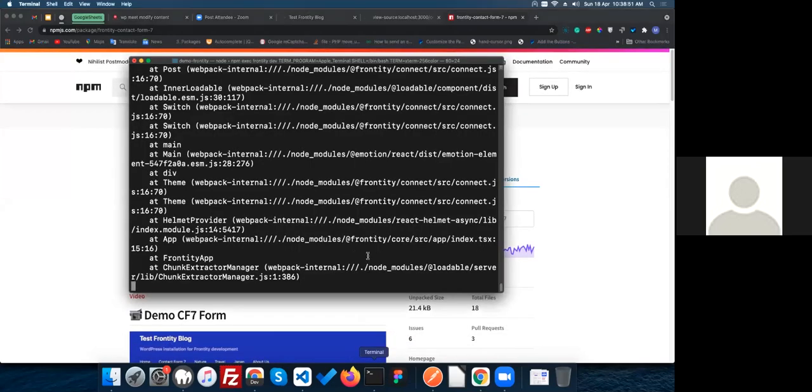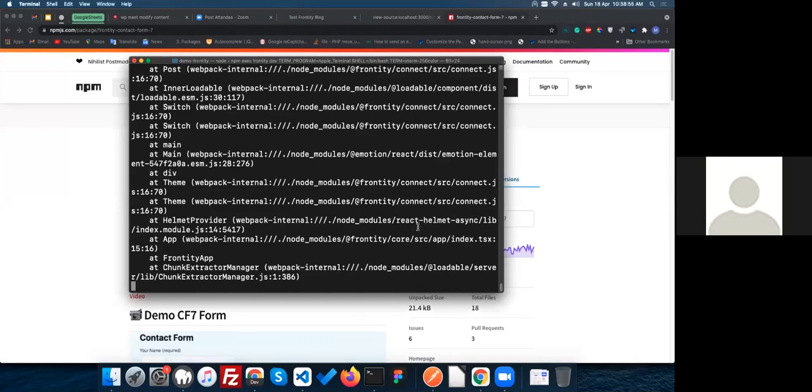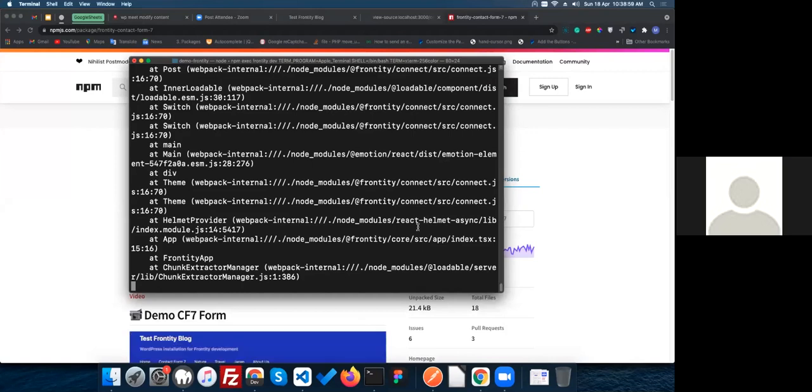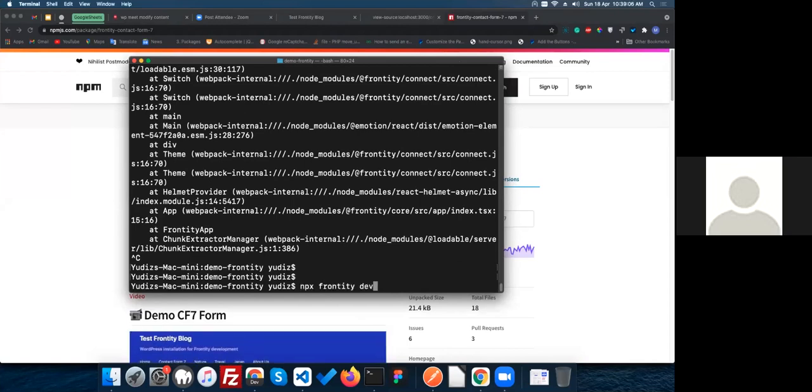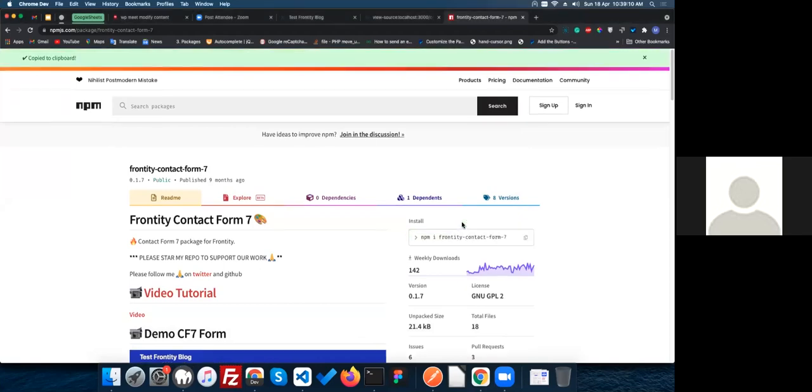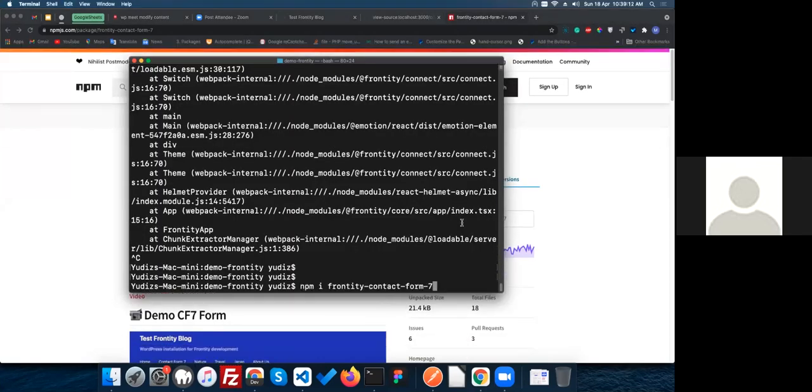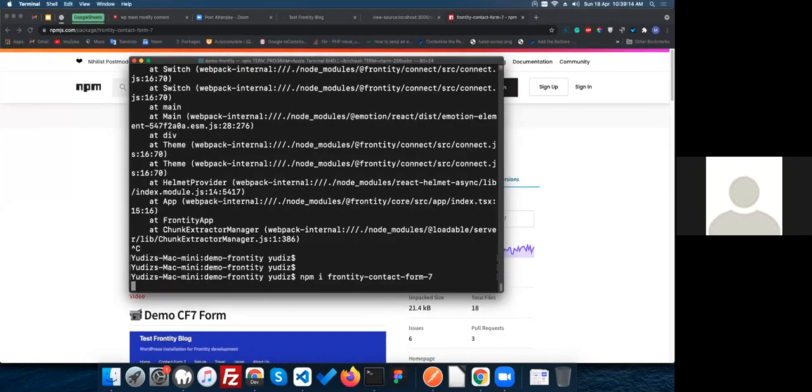After copying, go to your terminal, first stop the current development server, and in the root of the directory, type the command we have copied and press enter.